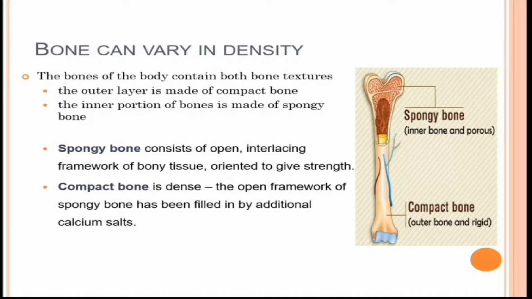If the bone is porous, this is called a spongy bone that consists of open interlacing framework of the body tissue, and it's oriented to give strength. And compact bone is the dense bone, in which the open framework of the spongy bone has been filled by an additional